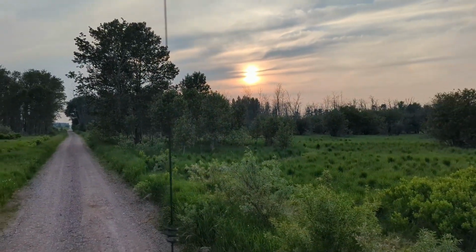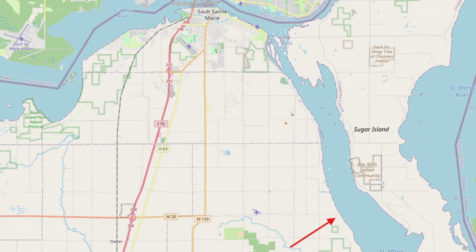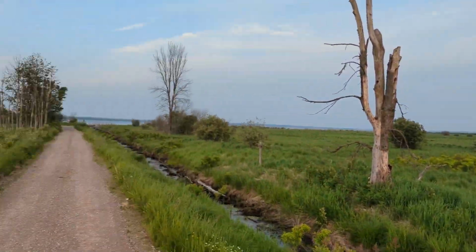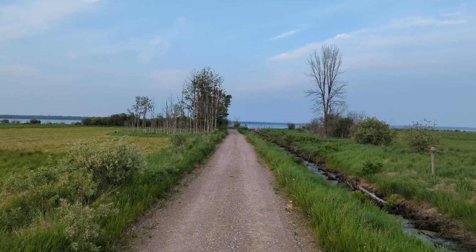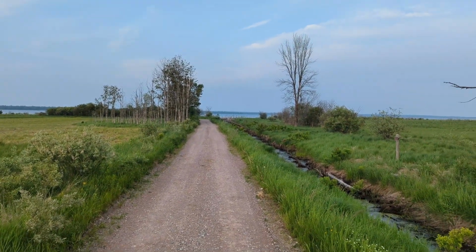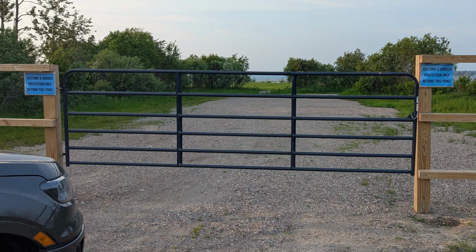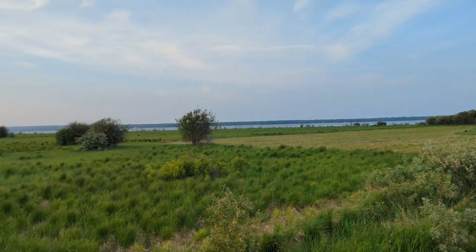So I'm down here. We're looking at the end of 9 Mile Road. It turns into a dirt road down there, and there's a wetland over this way, and you can see the river back there. Since I was here last, there's now a locked gate. It says only U.S. Customs and Border Patrol past that point. I'll probably throw in a picture there. So that's why I'm not out there. I'm down here at 9 Mile Point because